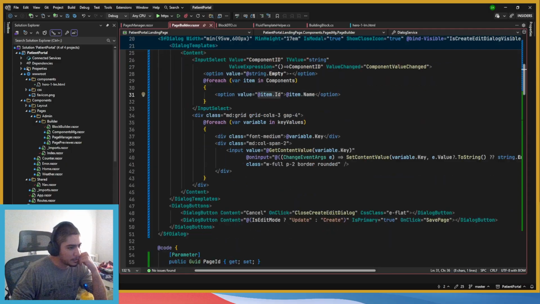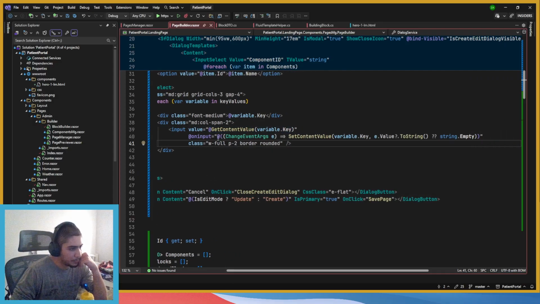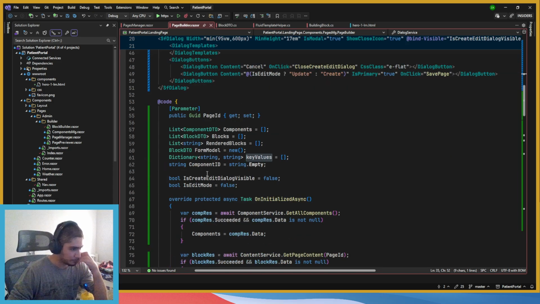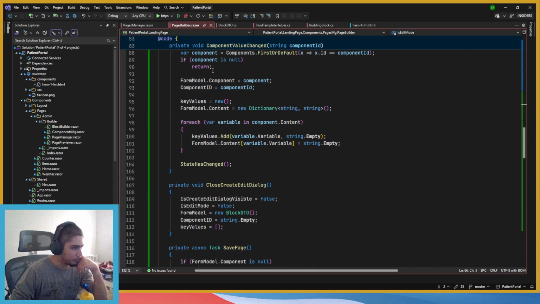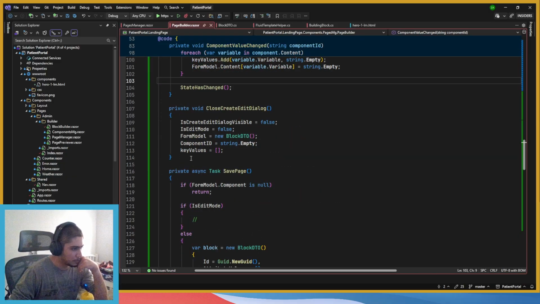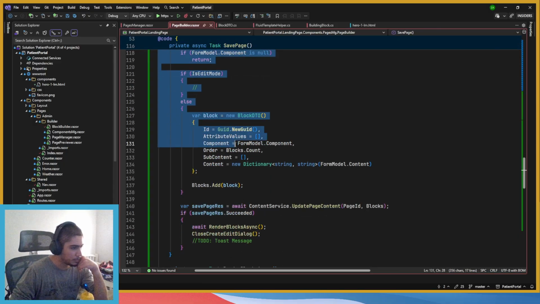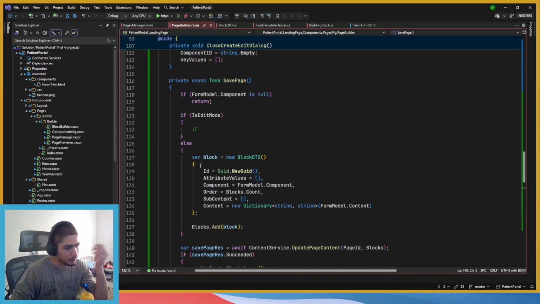99% of the problems. And here, what the AI suggests is I do something like this. So get content value, this one is to get the value, and then on input, so when the value changes, I do the change, and then key values. It just kept this one. I thought this idea was good. This one same. This one same. Key values, add form, yeah. Close, create editor. This one to close the editor. And this one it added like a save method. What it does, well, it basically adds the block with the content itself and then it saves it.